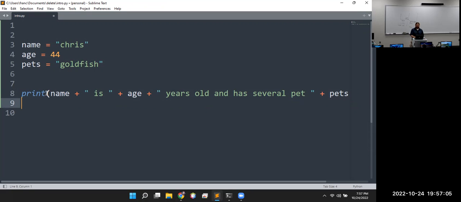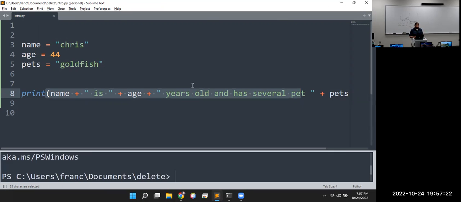So I basically put together a string with that data. This one's going to have an error in it. There's still something to correct. Some of y'all might have already spotted that. But now we can run it. This is a basic text editor, but I still have it set up so that I can access any of my terminals from down here. So we have the PowerShell, or